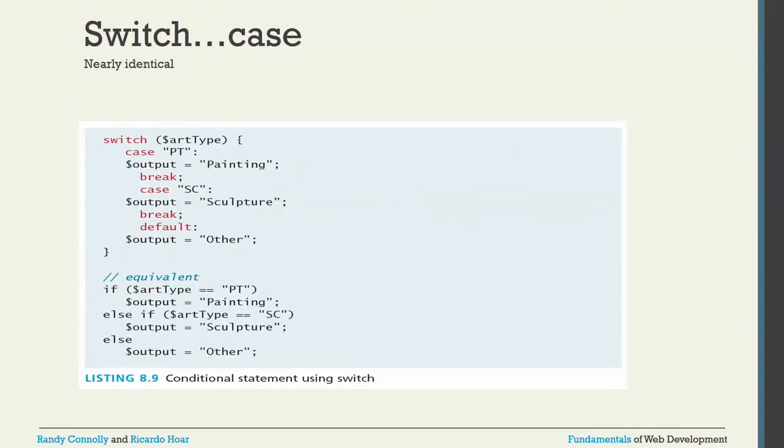The same kind of thing applies to switch cases, which are like in C programming. Again, case is the PT, then output equal to painting, then the break command, break is required again. Then case equal to this one, then output equal to this, right? Then break, then the last one we can put for the default, and everything we can put inside the curly